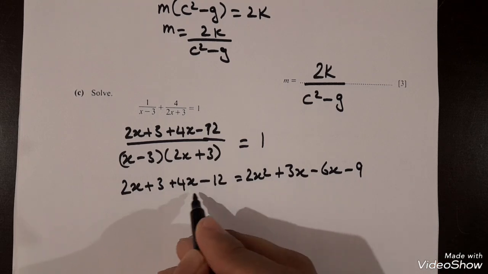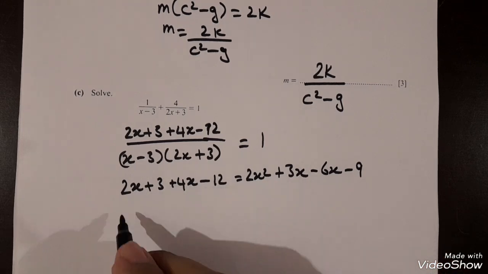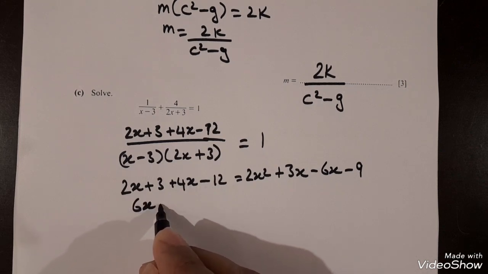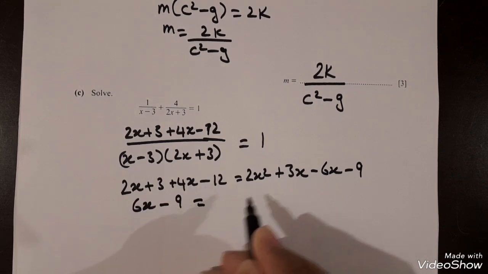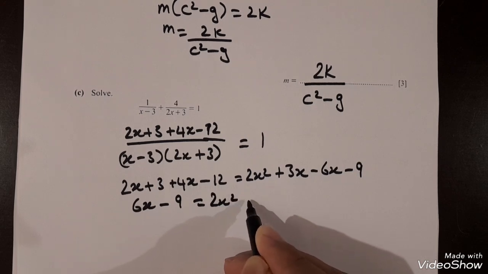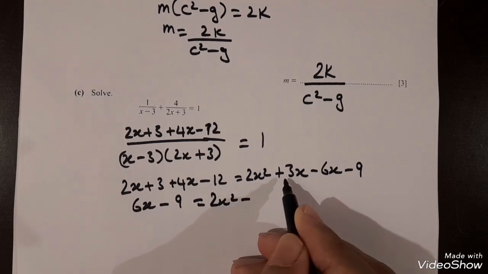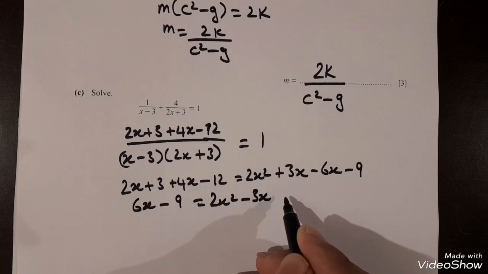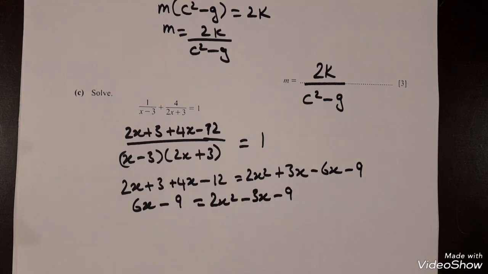So we will add this up and add this up separately. So this will be 6x minus 9 is equal to 2x squared, and plus 3x minus 6x is minus 3x, minus 9, which will be